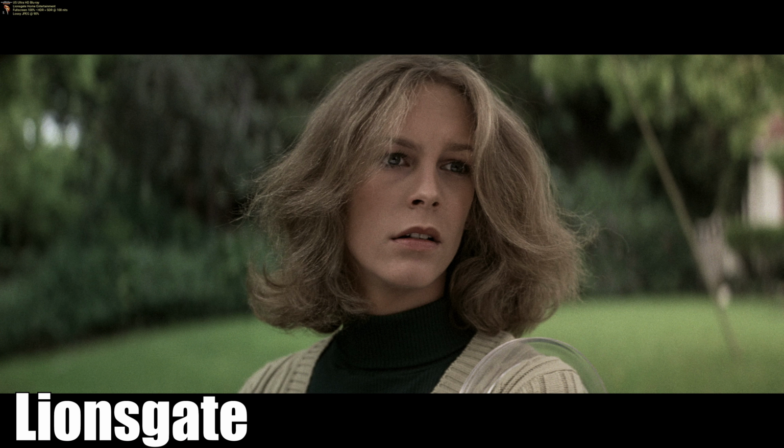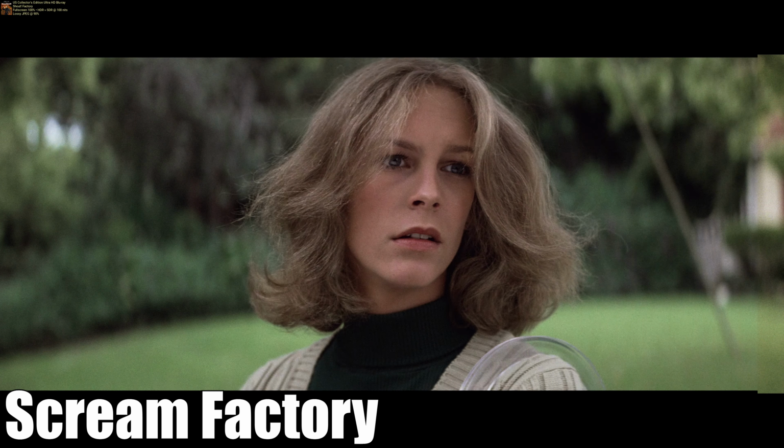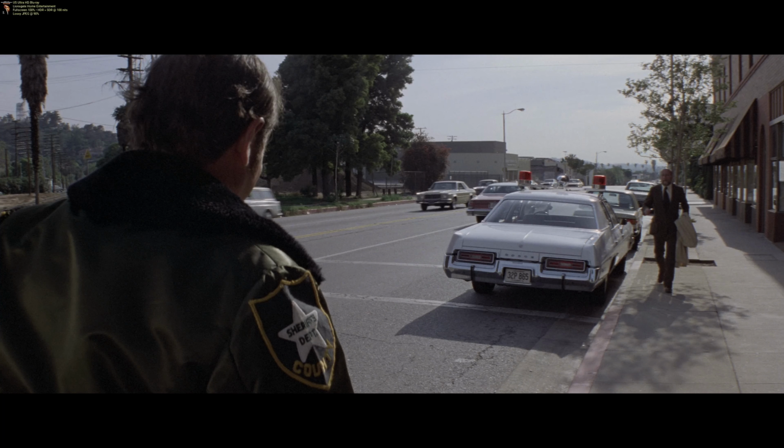You really miss those reddish hues that are sadly missed as compared to these new Scream Factory 4Ks. This Lionsgate 4K really fails to impress me, especially coming from the demo-worthy Scream Factory 4K release. But even on a technical level, there were countless sequences of aliasing that really made it look like an old Blu-ray. The audio itself is fine, but it leaves more to be desired, especially in the mid-range, which lacks a real